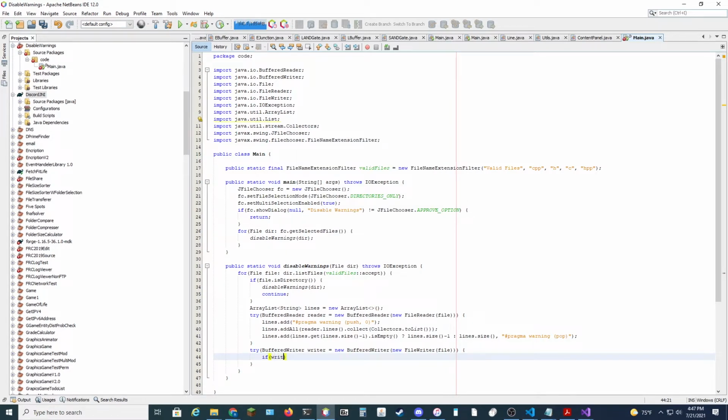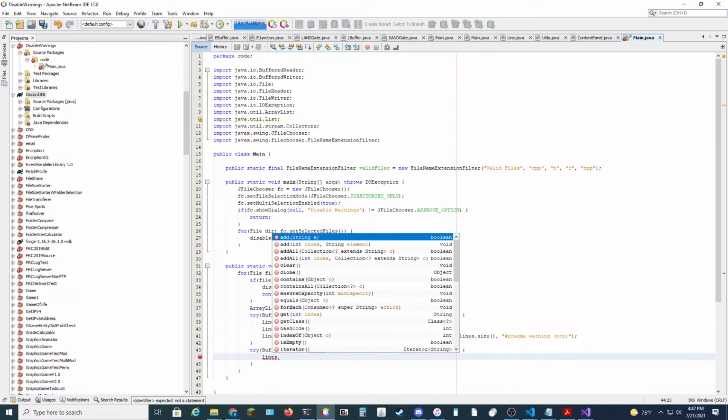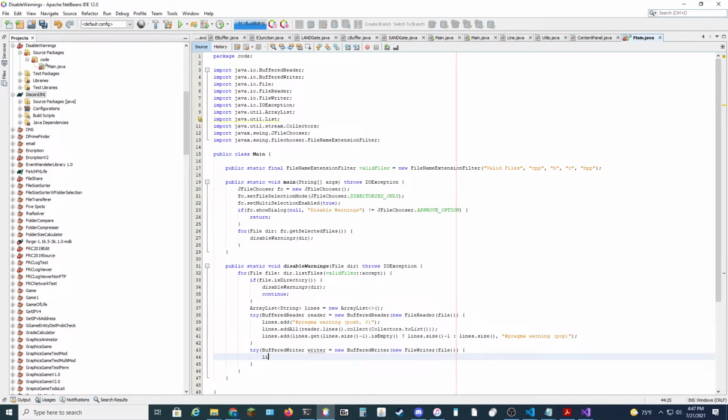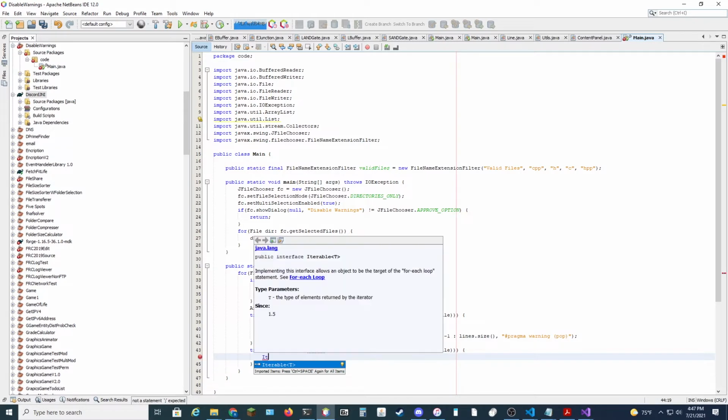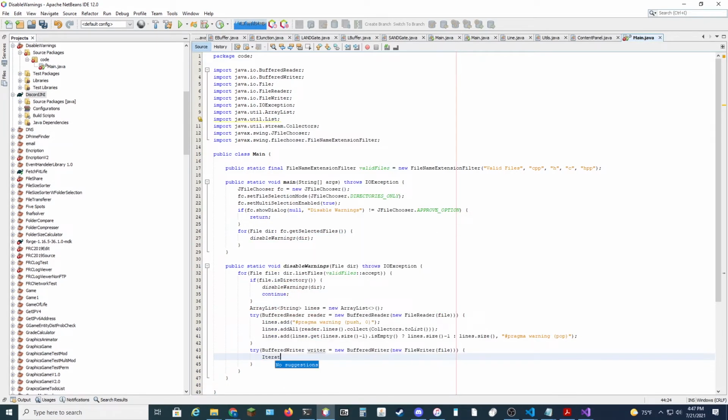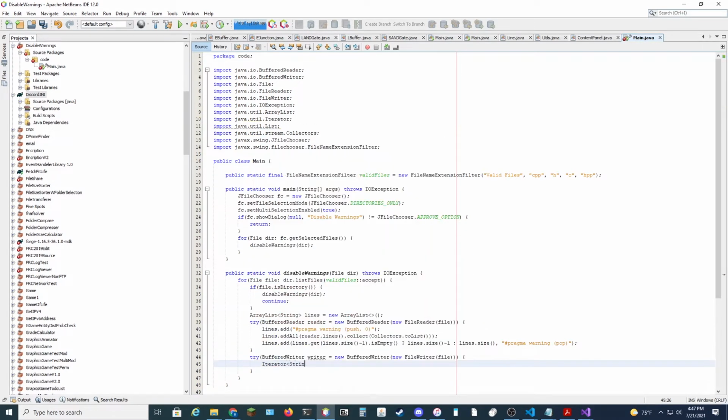If lines.iterator, yes, that will work. So if we create an iterator over string, which is just going to be lines.iterator, then what we can do